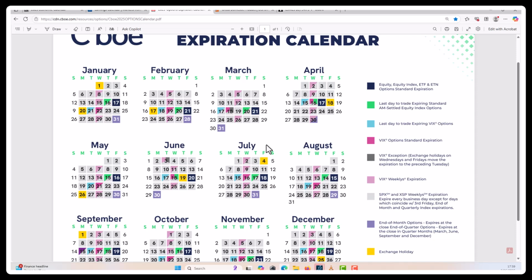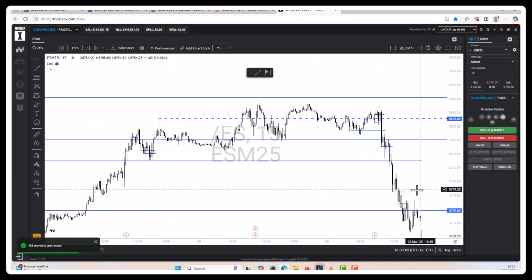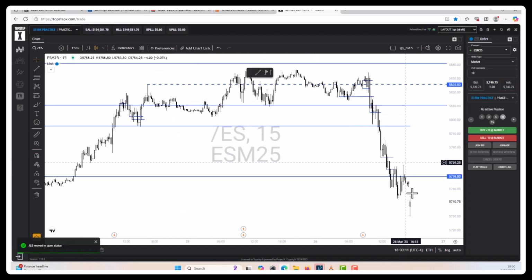Last week, options expiration. Yes, end of month and quarter. So the 31st, Monday, is the end of month and quarter right there. The market is open on the 31st. Market open. Wow, it dropped huge. But anyway,